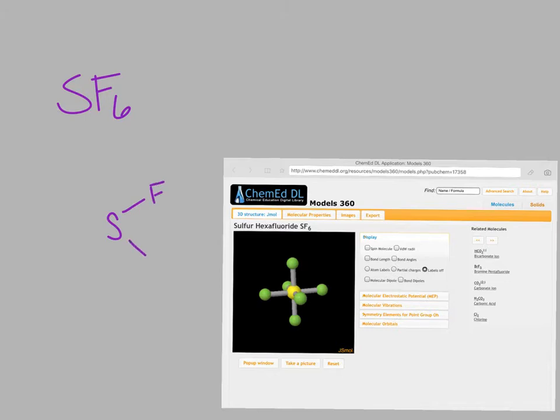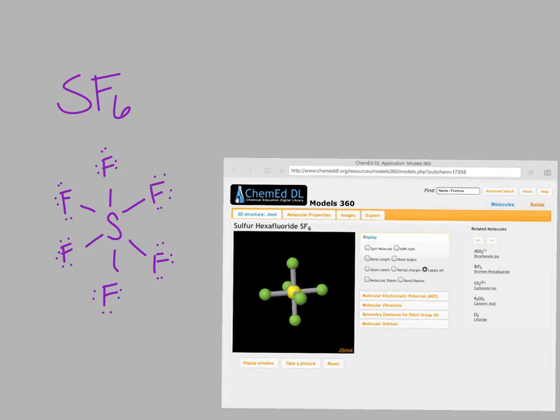It's heavier than air. If you've seen any of those experiments online where they have the fish tank filled with a gas and they have the little boat riding on top of it and they fill it up with a gas and it sinks, that's sulfur hexafluoride. And just like helium makes your voice get higher when you inhale it, sulfur hexafluoride makes it get lower. So it's a pretty cool thing. But anyways,